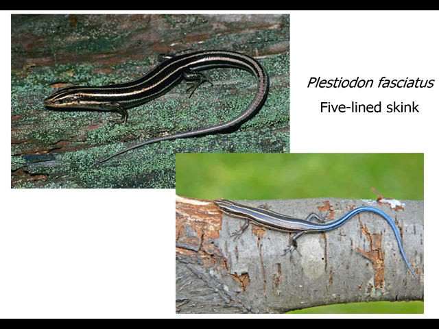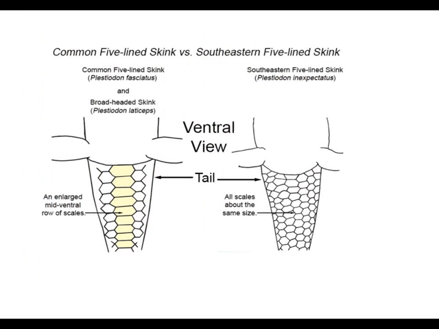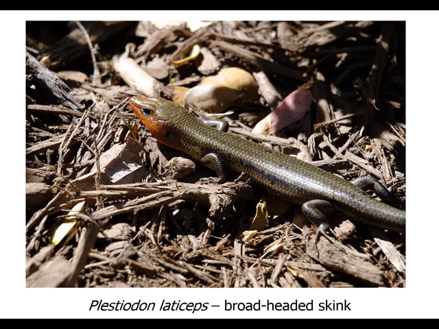This is Plestiodon fasciatus, the five-lined skink. Older male and a young male here. This is the southeastern five-lined skink, which differs from the common five-lined skink in one of the most obscure ways you can imagine. You have to look underneath the tail at the width of the mid-ventral row of scales. The broad-headed skink, our largest skink, which has a maximum snout-to-vent length of about 13 centimeters,